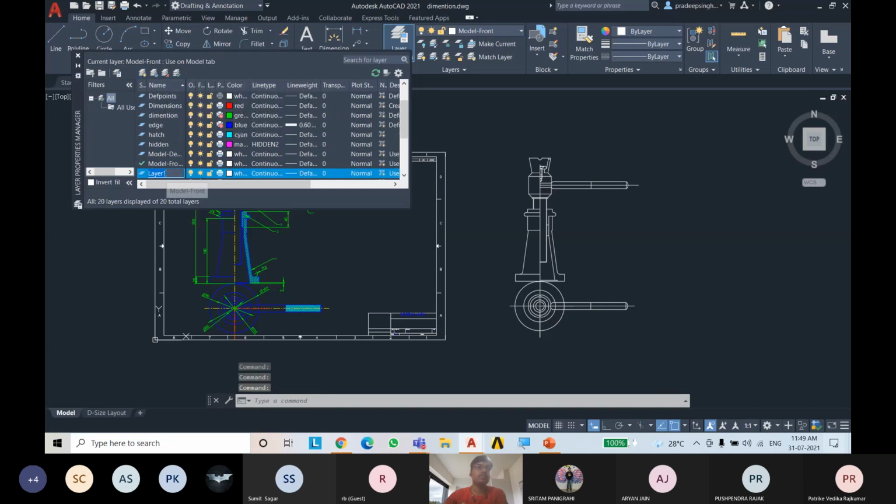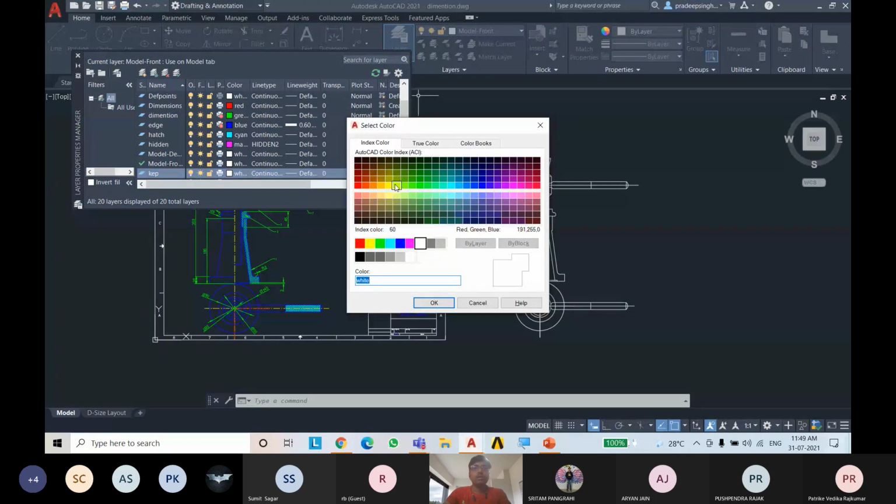You can see there is some naming convention, like for dimensions, type dimensions like I have already done. So I will just type something like KEP. You can type any name you want, just press enter. Now go to this color. You can click here and choose the layer color, like yellow, red, blue, anything you want. I will choose